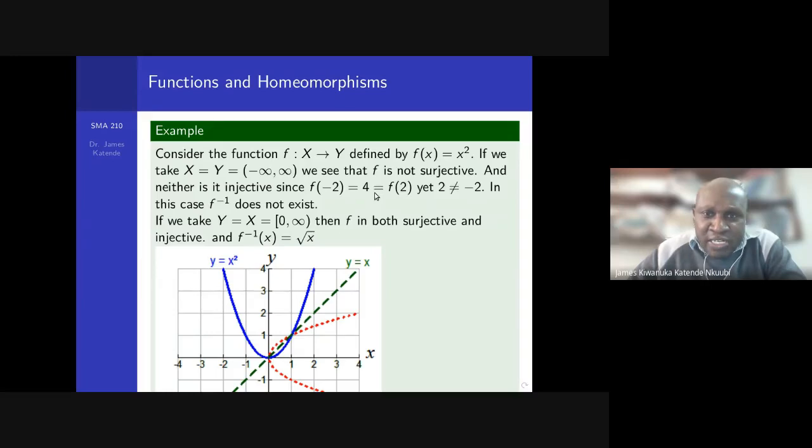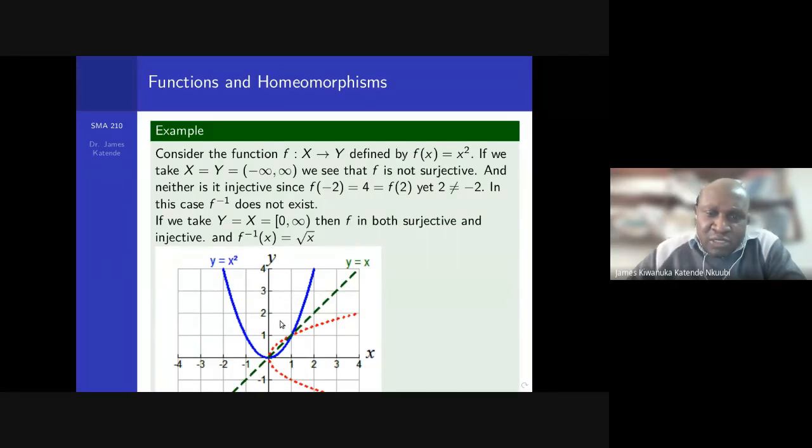It has to be 1-to-1 and it has to be onto. But if we make some adjustments and we limit the domain to run from 0 to infinity, and also limit the codomain to run from 0 to infinity, so everything will just lie within the first quadrant, then we can see that the map is definitely